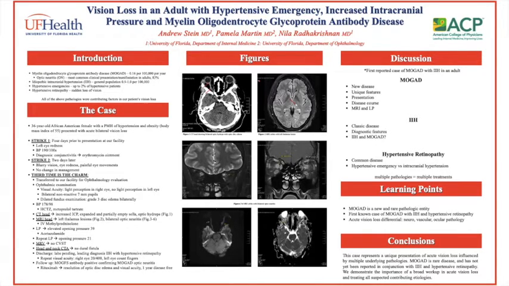IV methylprednisolone was started, and subsequent lumbar puncture demonstrated an elevated opening pressure of 39 mmHg with unremarkable cell count. Acetazolamide was initiated, and the opening pressure 3 days later was 21 mmHg. For complete workup, MR venography ruled out central venous sinus thrombosis, and head and neck CT angiogram ruled out dural fistula. She was discharged with a diagnosis of IIH and hypertensive retinopathy and continued on acetazolamide.